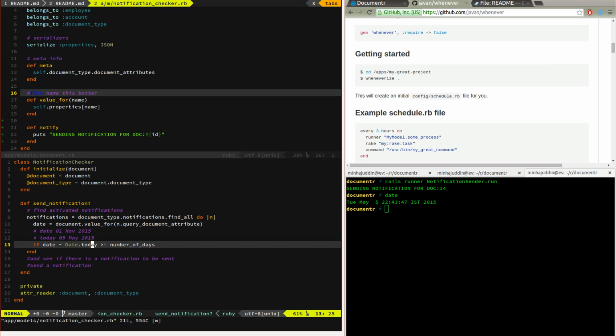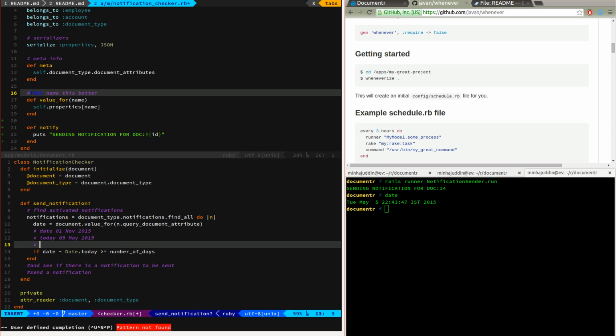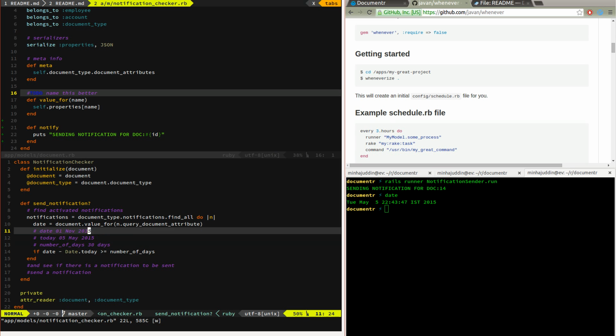So this is going to be date minus date dot today. How many months is that? 6 months, 6 30s, 180 days, and let's say the number of days we want notification is maybe 30 days in advance, right? So these are all example values just to make us understand